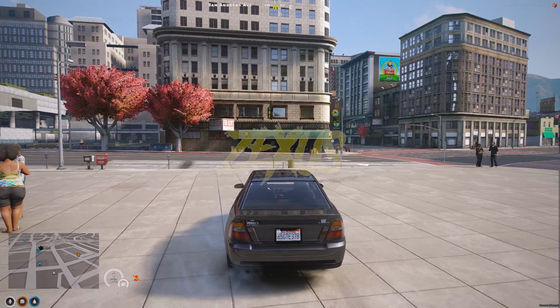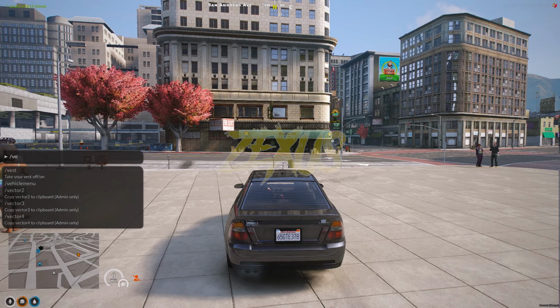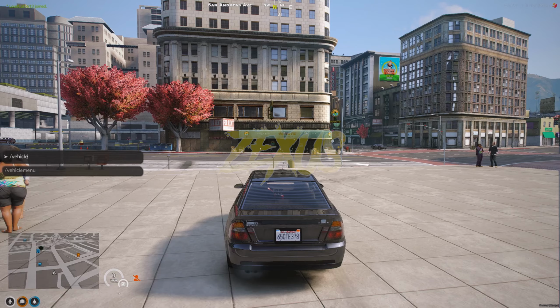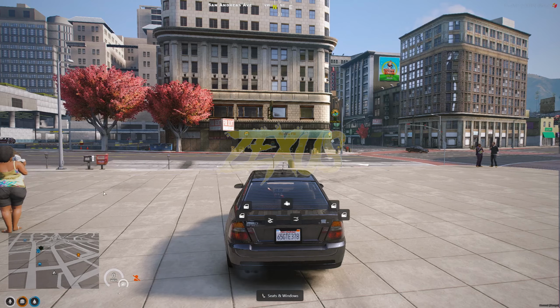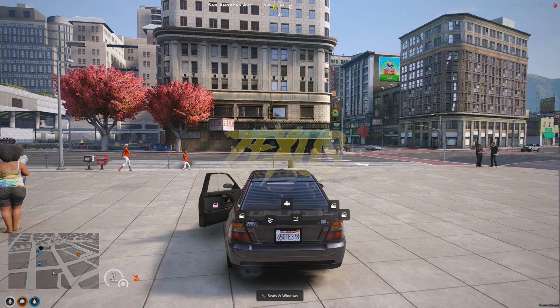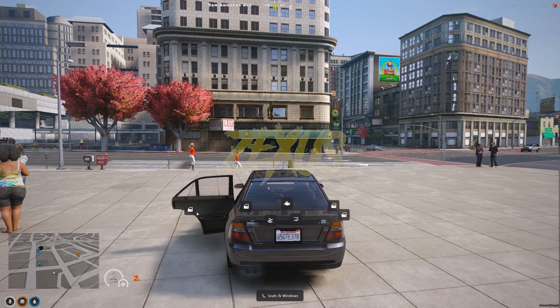So to open the car menu, we just need to type /vehiclemenu. And over here you can see this is a 3D vehicle menu which has appeared. So let's open the door over here. As you can see,